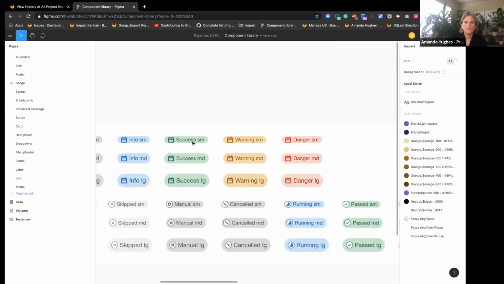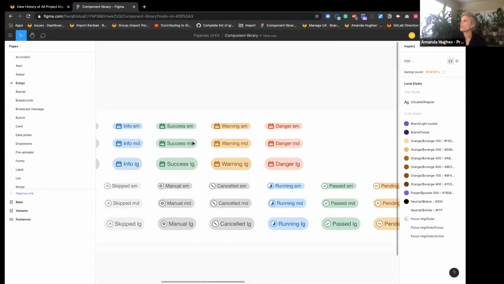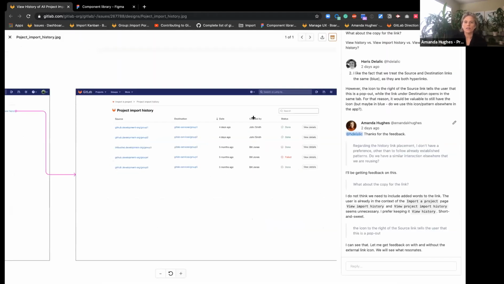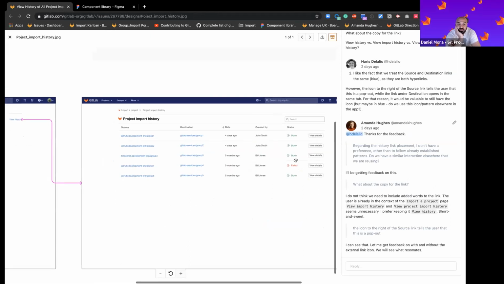I have an issue where we're going to update the icons, which I've been working on with Jeremy, and we're using a badge for the status column.